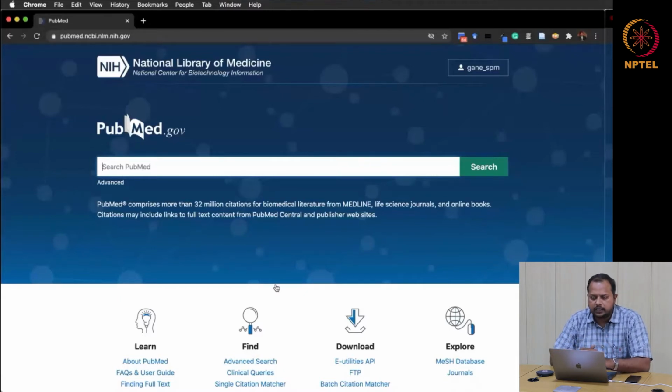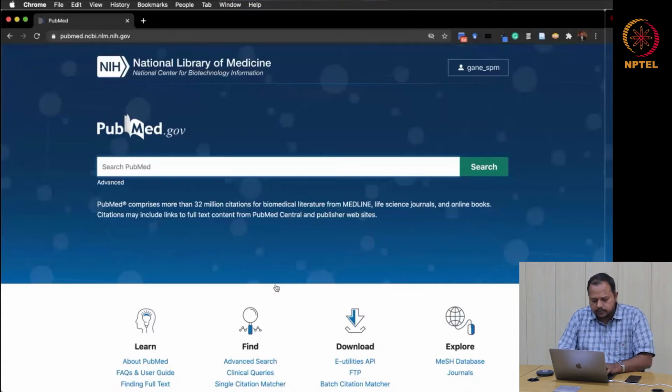Some are freely accessible through PubMed via a special service called PubMed Central. However, whatever is indexed in the US National Library of Medicine is also PubMed indexed and can be accessed by anyone. It provides one of the largest databases of scientific journals and some online books also. Our interest is more in biomedical literature, which is what MEDLINE indexes. I will be telling you how you can search the literature in PubMed, and what the best strategy is. Usually with a PubMed search, people just go and search.